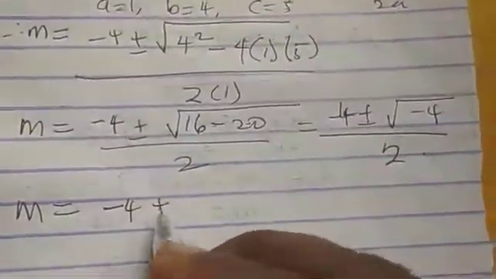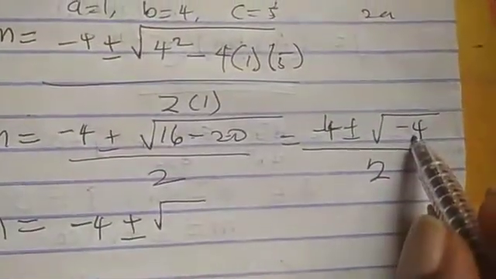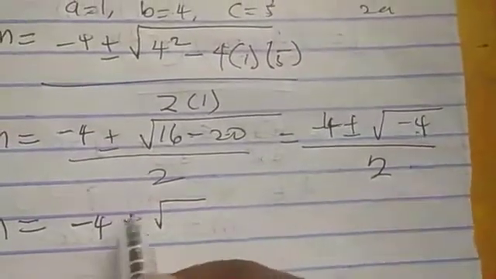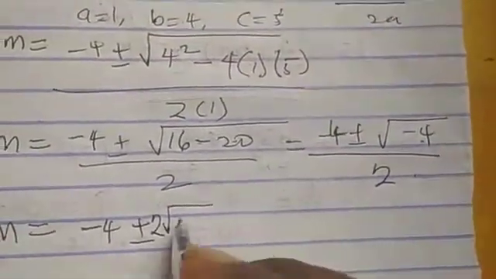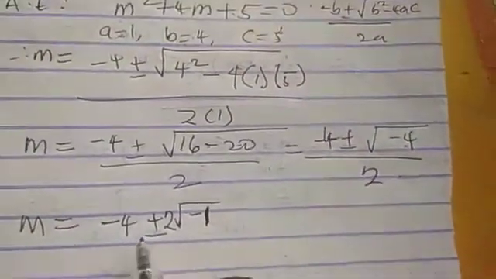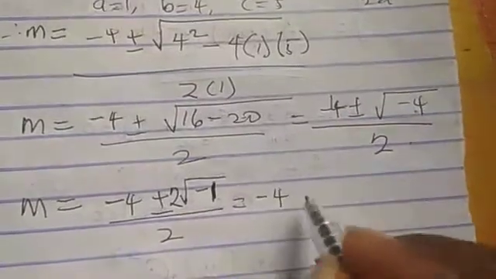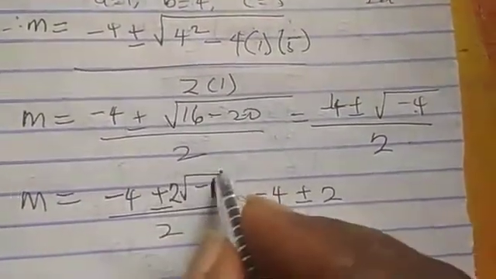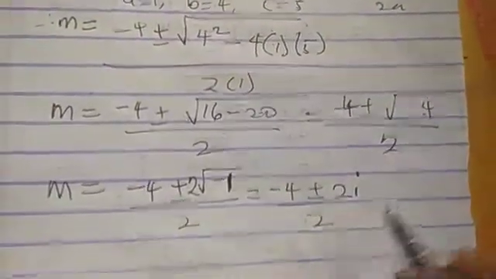Now, this is minus 4 plus or minus square root of, now I can find the square root of 4. Let me first find that. When I find it, that will give me 2. Let me put it here. But it will remain minus 1 left there over 2. You should have done this under complex numbers. The square root of minus 1 is a complex number, that is i, then divided by 2.